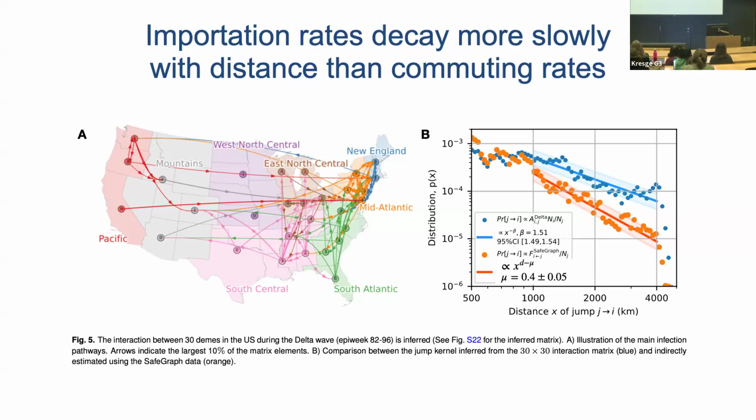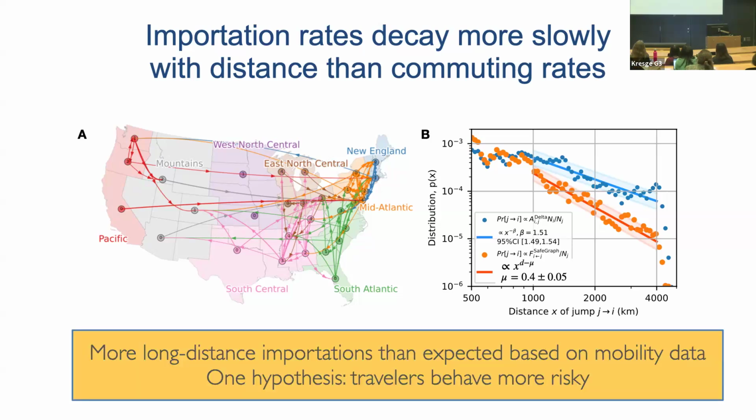fall-off in the importation rates that we inferred compared to what we would expect just based on the mobility data, right? So there's less and less long distance travel with larger distances, you expect some kind of fall-off, but this fall-off is significantly stronger just based on mobility data than what we infer, which I think is interesting. And you can ask, of course, why might that be? I'm sure there will be different hypotheses. One hypothesis that